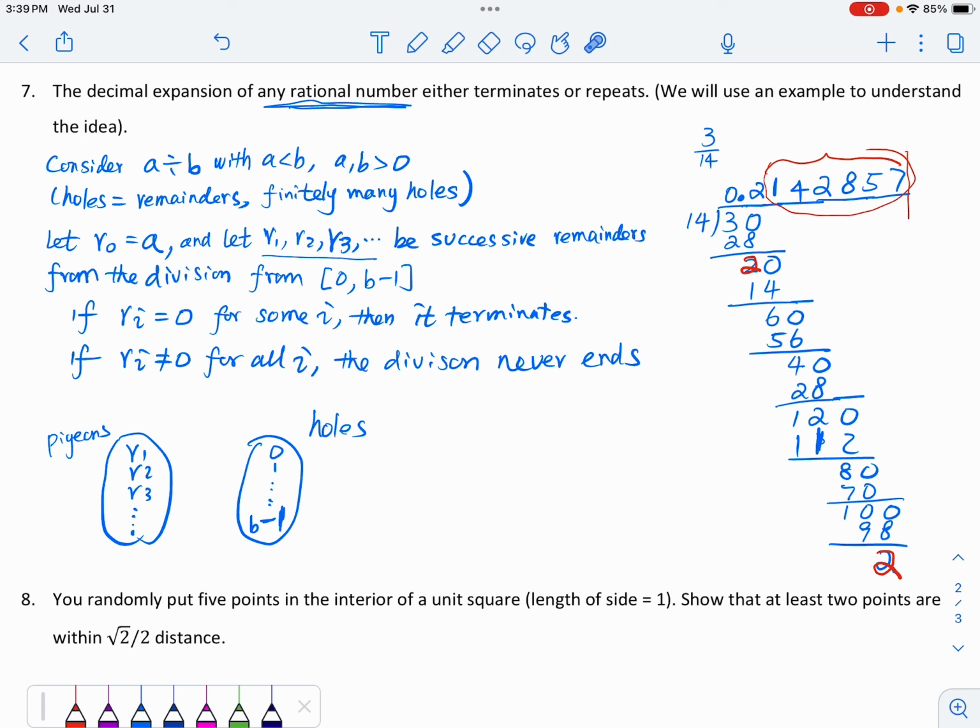And f is a map that maps each remainder to one of those holes. So there are b holes, from 0 to b minus 1, and there are infinitely many remainders. So with that visualization by the pigeonhole principle,